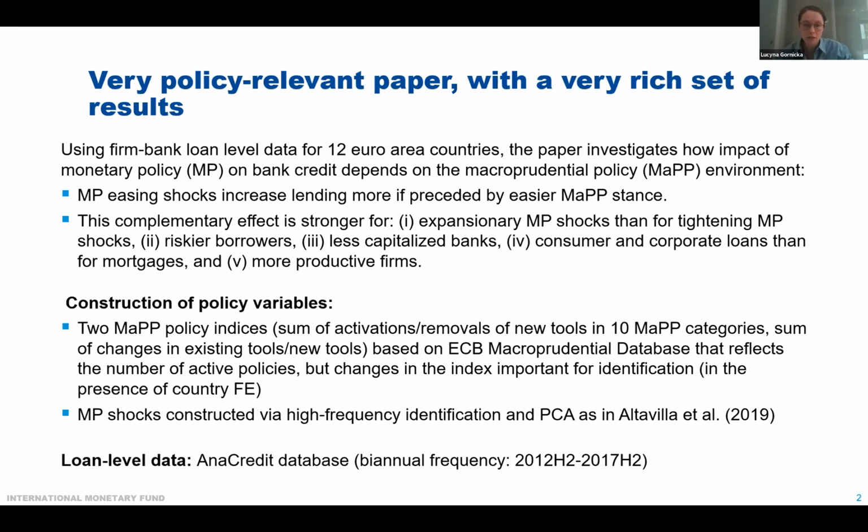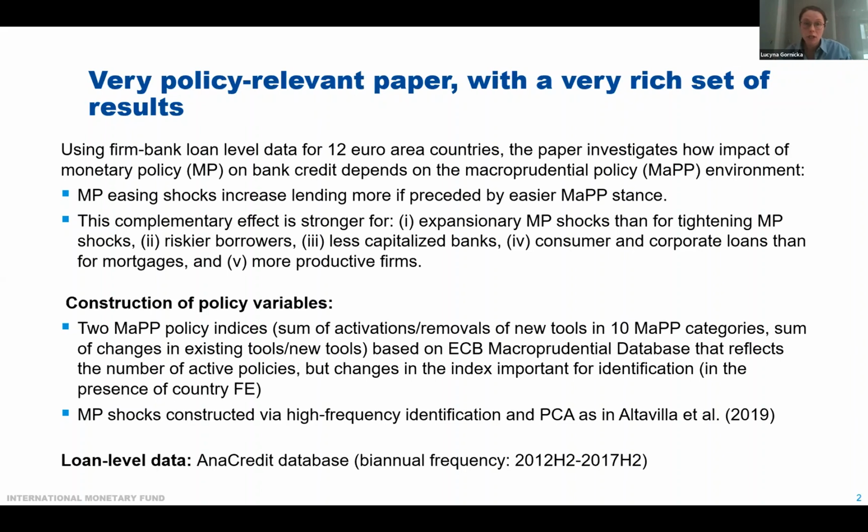new database collected by the ECB called AnaCredit. They use this data for 12 euro area countries in order to investigate whether the effectiveness of monetary policy in affecting bank credit depends on the macroprudential policy, or MAP in short, environment. So they're really interested in these complementarities, interactions between monetary and macroprudential policies. So the key finding is that